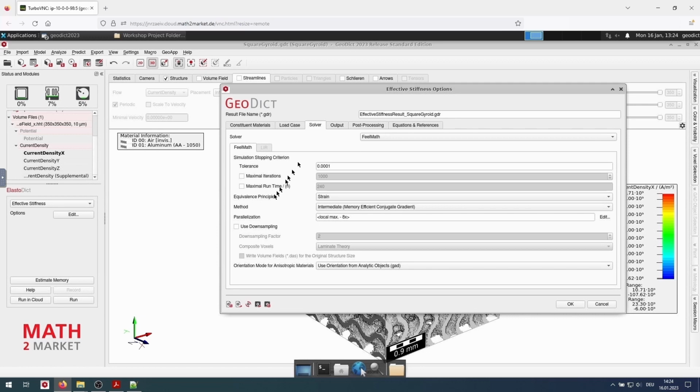At Solver, we use the downsampling option and use a factor of 4. We do that because in this case we would like to have the results a bit faster. Downsampling makes the structure a bit less well resolved, but gives the results faster.